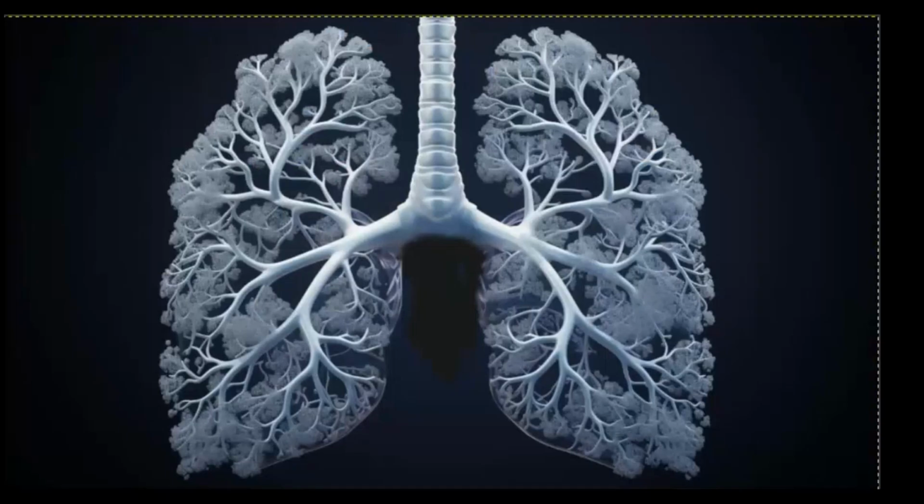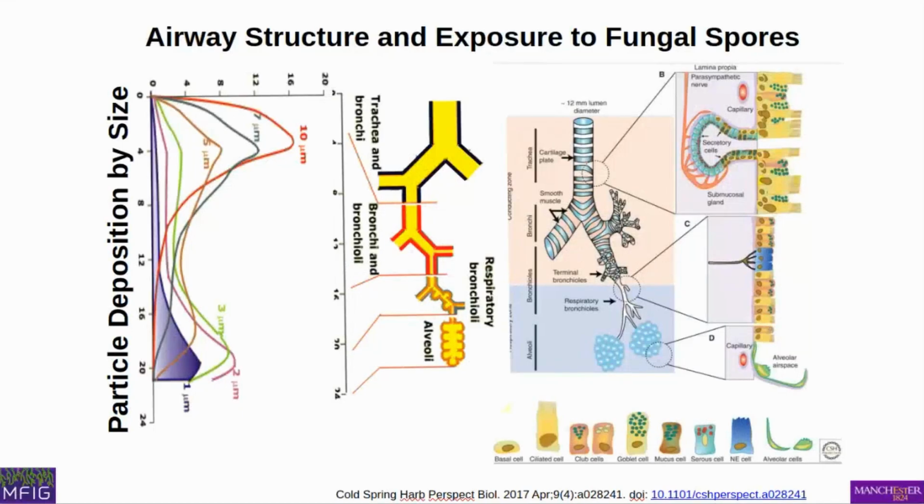So the airways in everyone are very similar. You've got a big tube coming in, and it branches and divides, and the tubes get smaller and smaller and smaller. What this means is that the particles that are breathed into the lung get deposited at different levels. And the cells that are in the airways of your lung are different at every level. So the cells that are in your nose and mouth and the top of your throat, it's quite complicated. There's lots of different types of them.